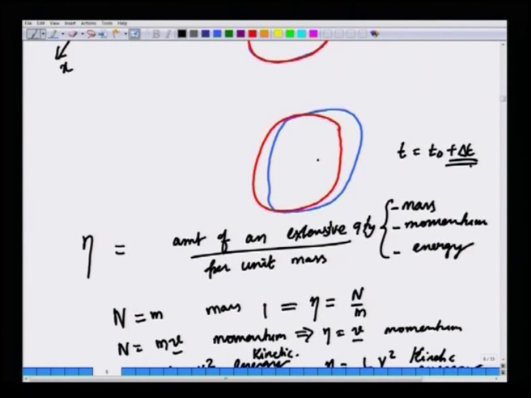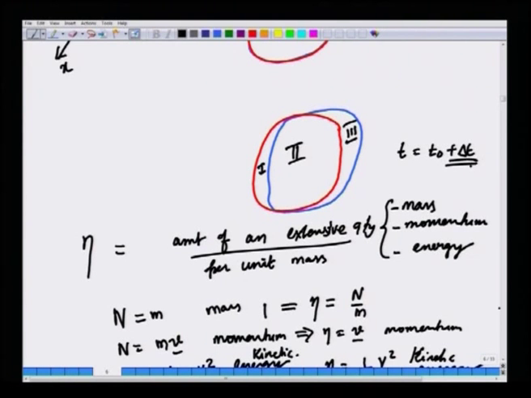In this figure, we can identify 3 regions. Region 1 is the region vacated by the system at a later time t0 plus delta t. This is the portion present in the CV where the system has vacated, that is, the fluid particles have left this region at time t0 plus delta t. Region 2 is the common region between system and CV at a later time, and region 3 is the new set of volume created by the material particles that are moving. We will call these 3 regions 1, 2, 3 as shown in this figure.